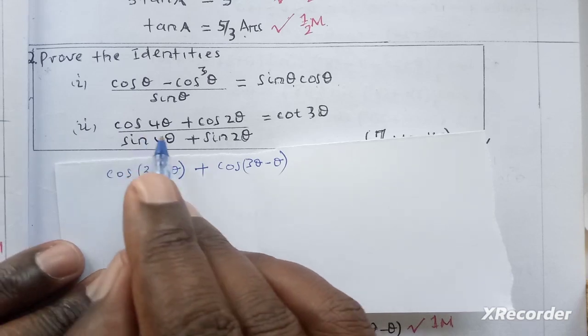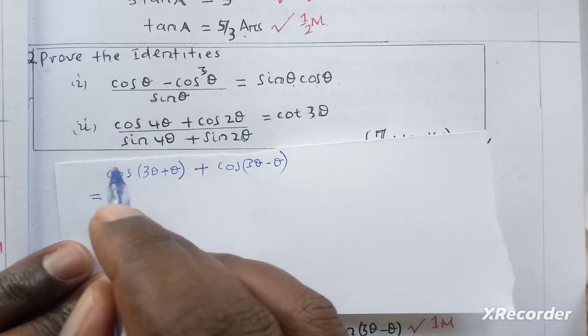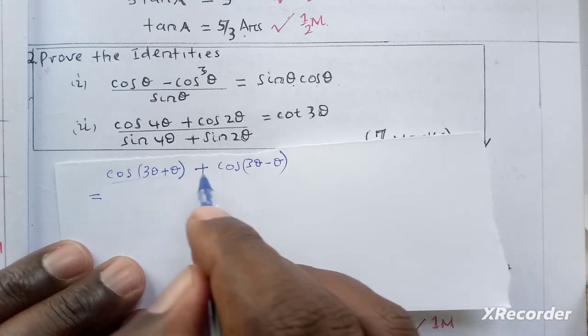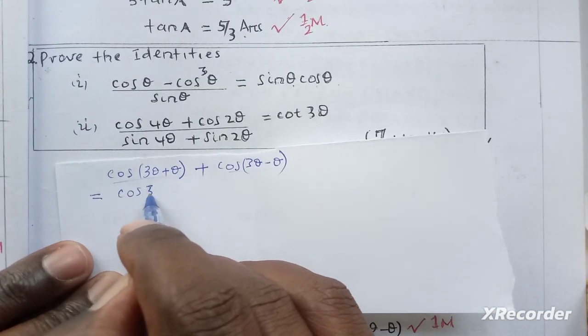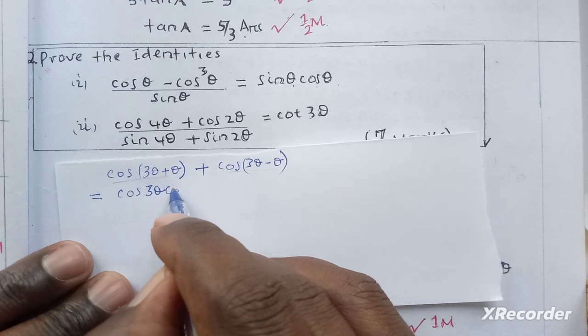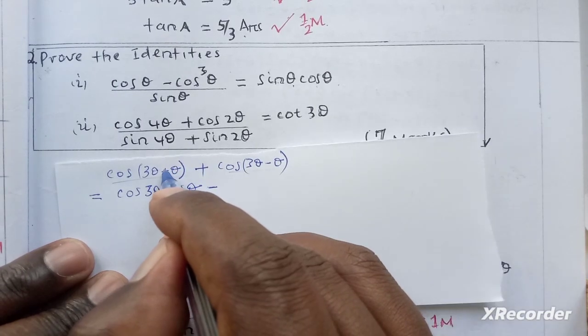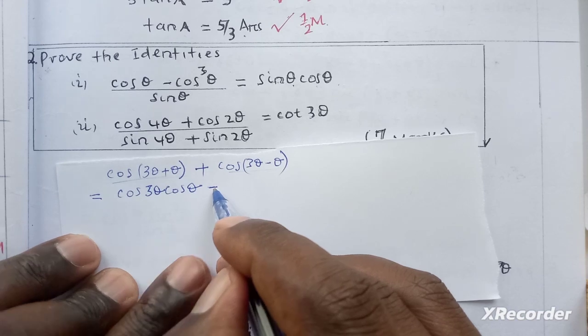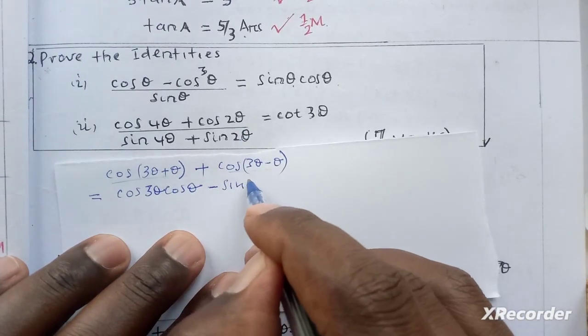So we work out this one first. We expand that as compound angles. This one will give us cos 3 theta cos theta minus, because here we have plus, we put a negative here, sine 3 theta